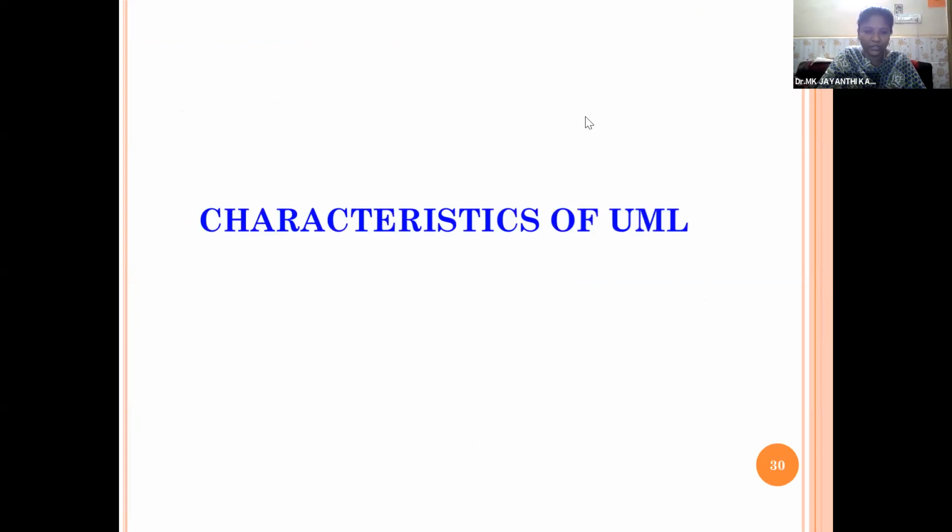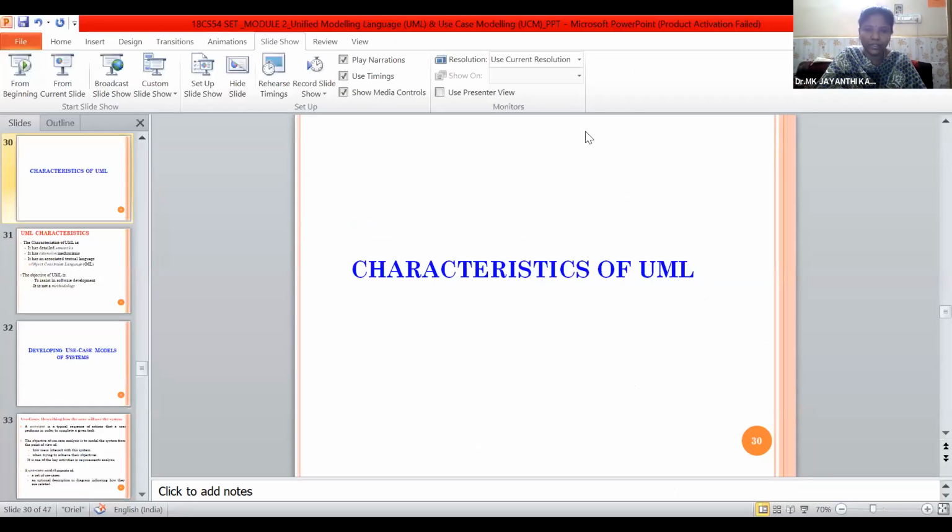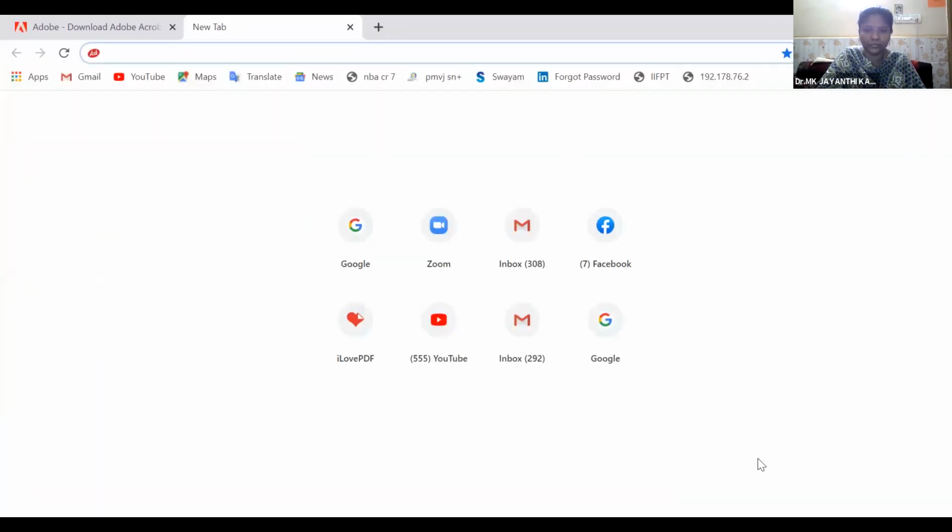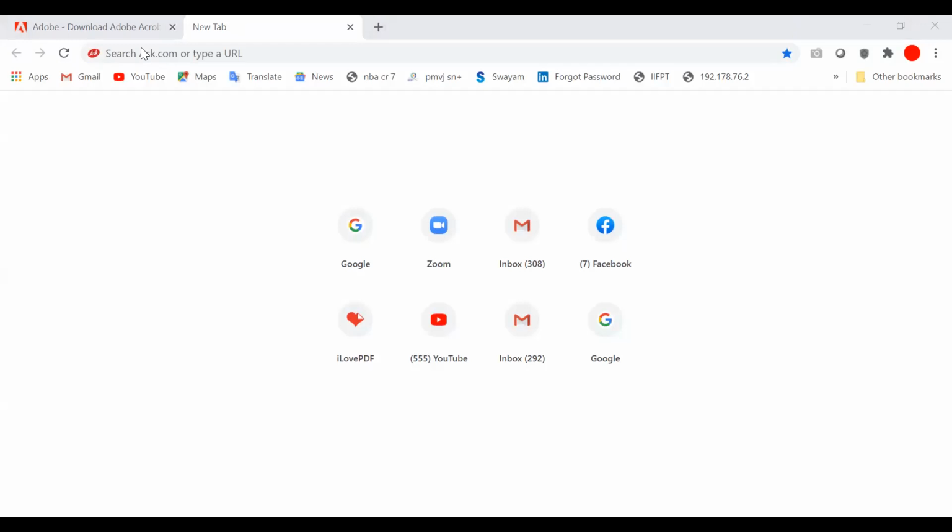Is there any doubt so far about the UML diagrams and use case modeling? Are you able to see the screen? Yes, ma'am.